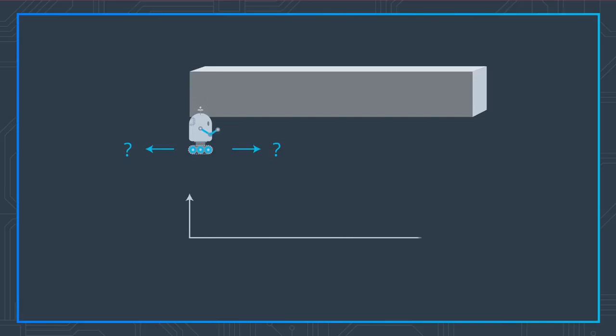Let me begin my story in a world where a robot resides. And let's assume the robot has no clue where it is. Then we will model this with a function that I'm going to draw into this diagram over here, where the vertical axis is the probability for any location in this world. And the horizontal axis corresponds to all the places in this one-dimensional world.